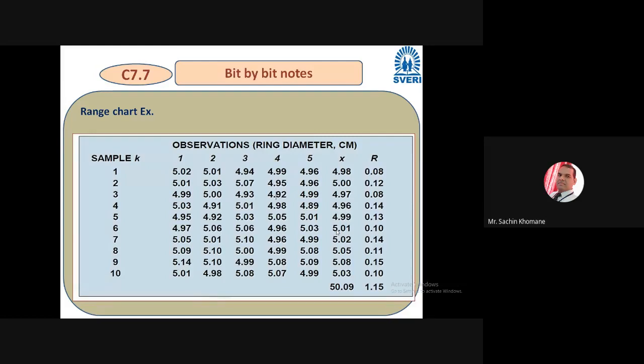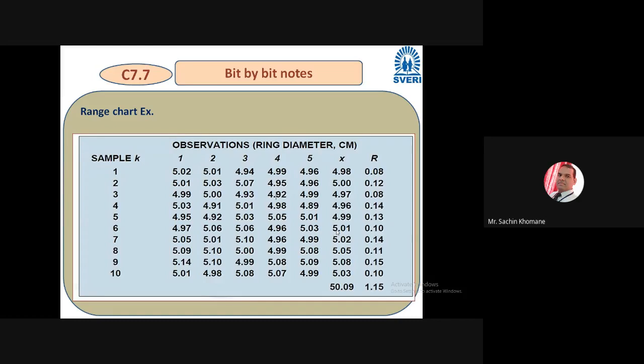5.08, 5.08 and 4.98, 4.98. Correct. And the difference between these two is 0.10, right? Good. So now I think you understood the concept of range. We have to calculate these things in the coming lecture, so that's why I asked this question. I hope you understood this.